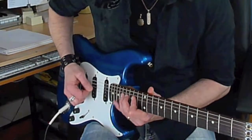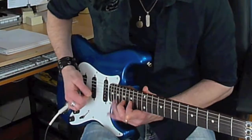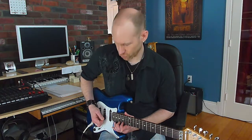So the downward pick slanting part of the lick is made up of 6 notes, 6 notes, and 4 notes. Then I use a couple of notes just to get up onto the high E string. Now I change the picking orientation. I play 3 notes on the high E string,